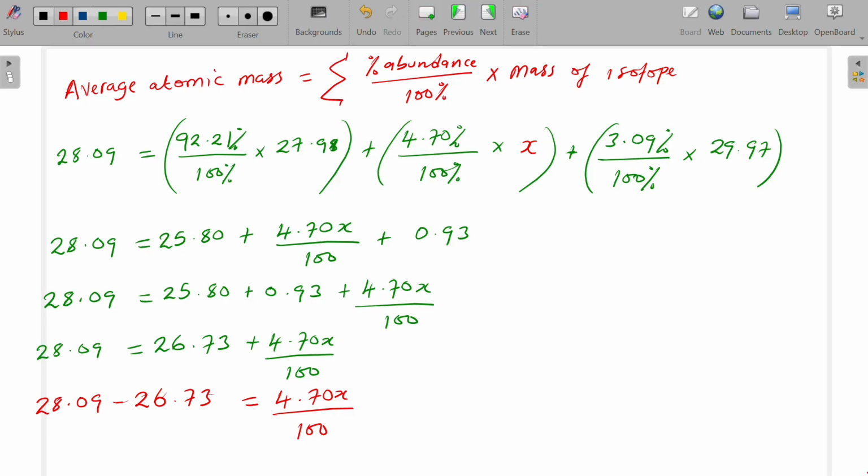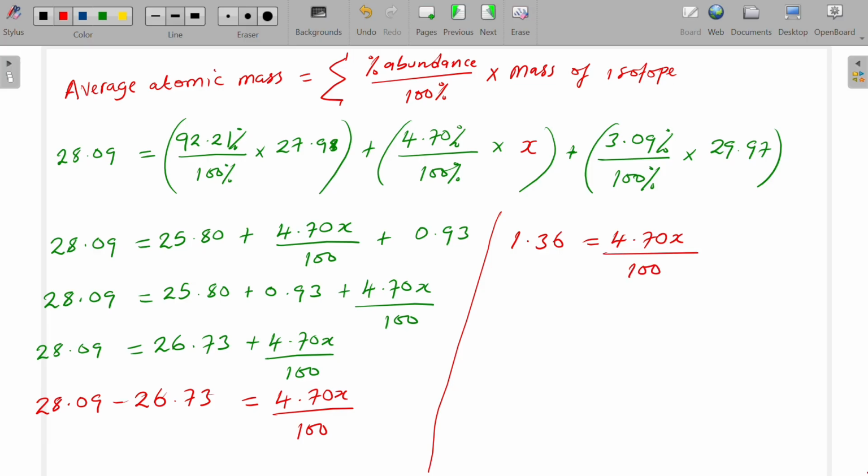So that's what we have. So let's continue from the other side. Now, what is 28.09 minus 26.73? When we do that mathematics, what I'm getting is, on this side, 1.36. So 1.36 is equal to 4.70x, that is divided by